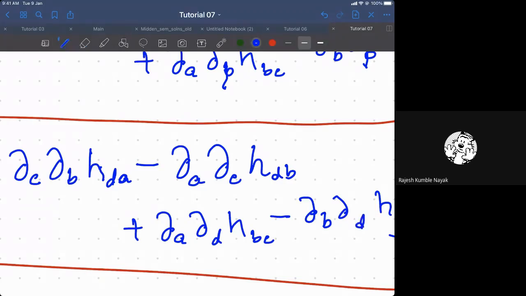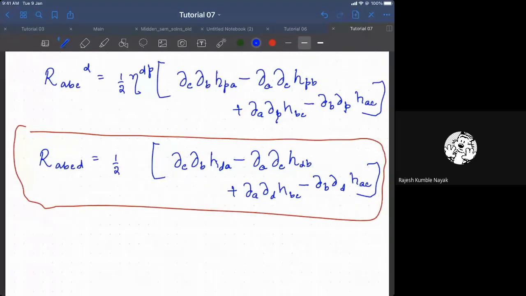You just bring the lower index, you multiply by, let's say, DQ. Okay, multiply by DQ. What I did was multiply by eta DQ to the whole expression, and then I have here dP, that gives me delta QP, and then calling this Q as a D again, and then this is what I would get.